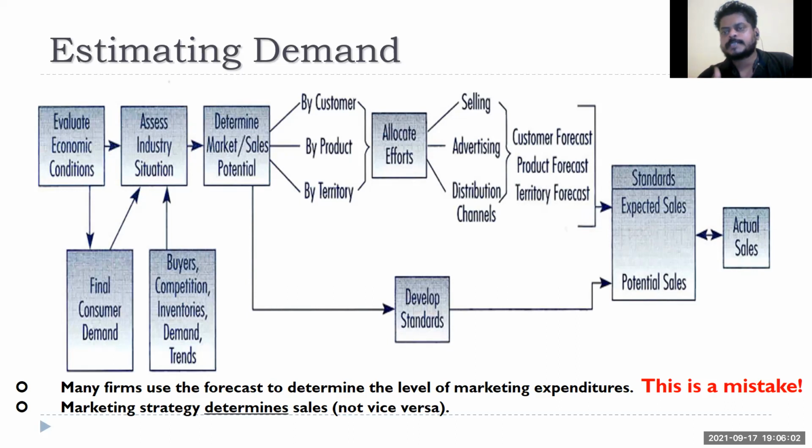Because now COVID has happened, your revenue has gone down. Ideally, you should focus on new innovations, new products, and how to promote them. But because revenue has reduced, you are going to reduce your promotions, right? Most companies do that. That is what is written here: your marketing strategy should determine sales. Your sales, your revenue, should not determine marketing strategy. But most companies do this in a conservative way.